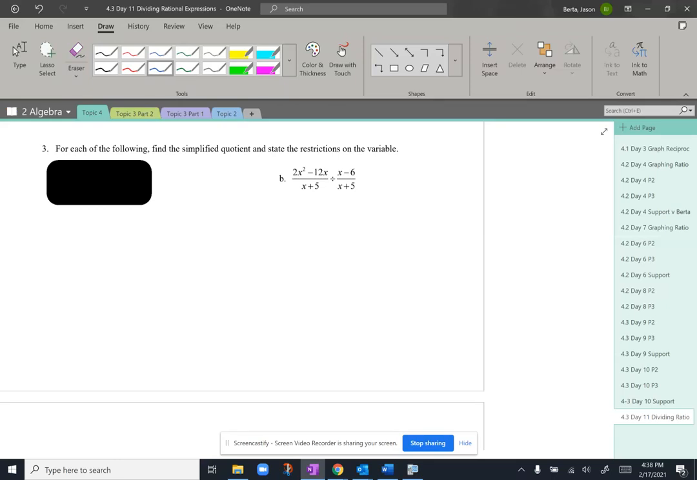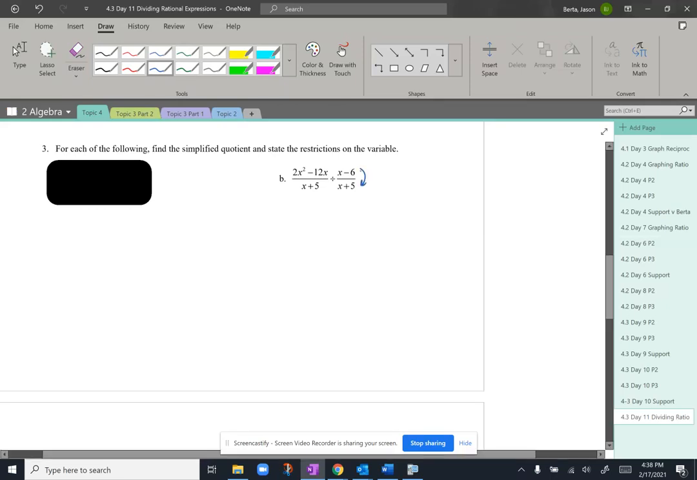Let's set up problem 3b now by taking the reciprocal of that second expression. And so then let's rewrite, we've got 2x squared minus 12x over x plus 5. And we're now multiplying it by x plus 5 over x minus 6. I've got a greatest common factor here